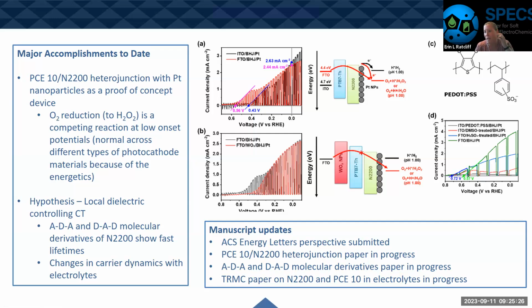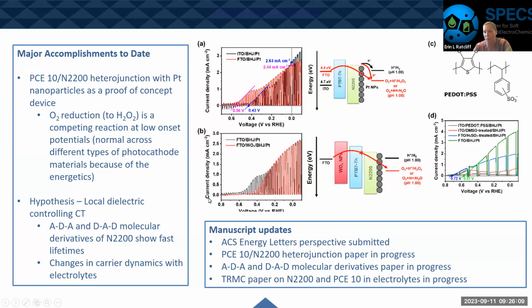Mitigating it, reducing it, or changing it, they're trying to deal with it, I guess, is what I'm trying to say. You want to try and introduce selectivity in your catalyst, right? So we've just been using platinum, so there really isn't much selectivity here. It's going to reduce oxygen and then it will reduce protons at different energy levels, but we could think about moving towards other types of catalysts where we would have a preference for protons. The other thing is as simple as just bubbling nitrogen or argon in your electrolyte system and trying to reduce the amount of oxygen that's present, but you can see it